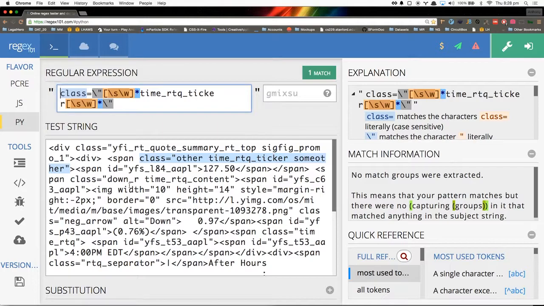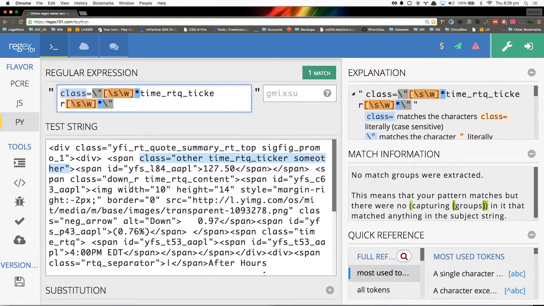Uppercase S will match anything that's not a space, so it negates that. And uppercase W matches anything that's not a word-like character. So I'm saying if it's a space or it's a word, for any number of those, match that. So it's basically automatically expanding my selection. And then it's saying, okay, now I'm a little more specific, so I'm going to match this time RTQ ticker. So it matches this.